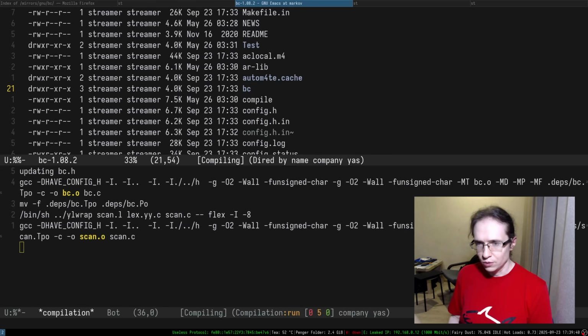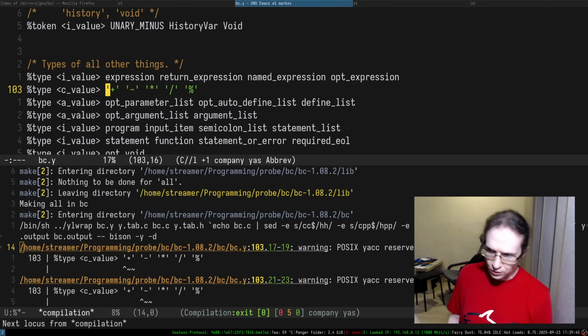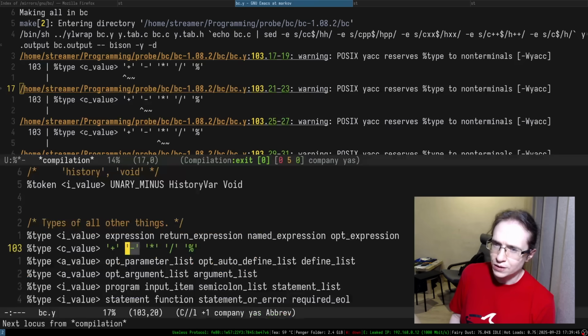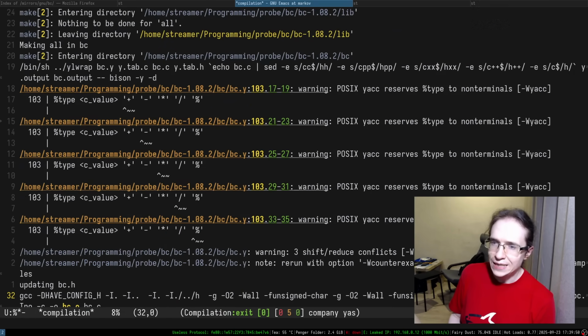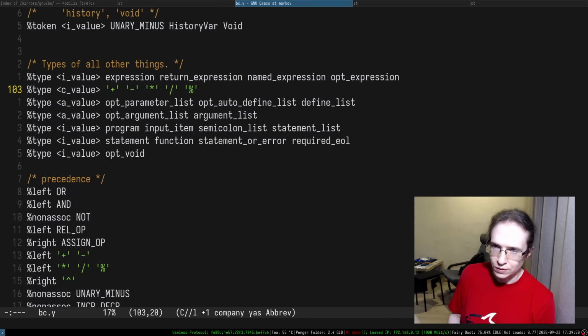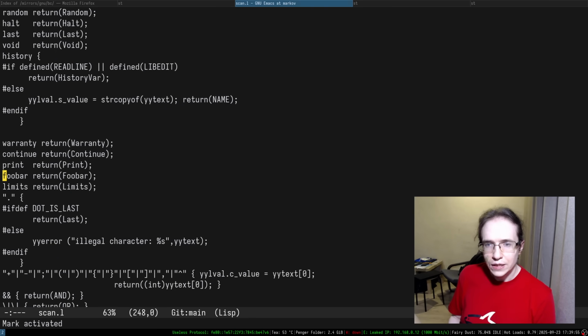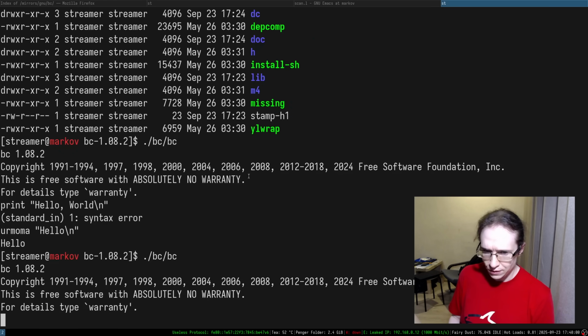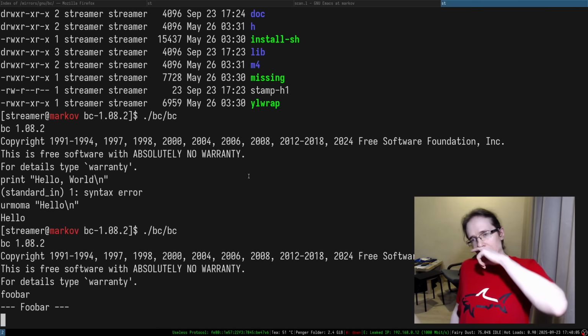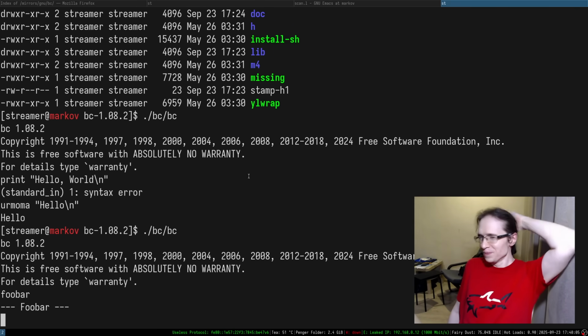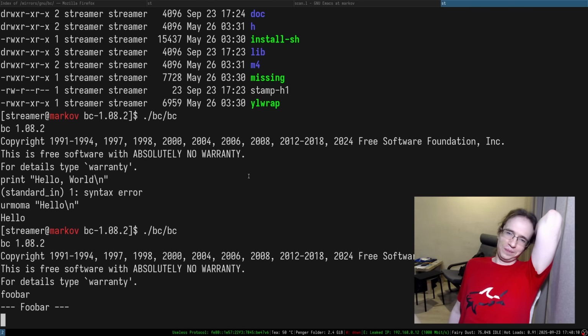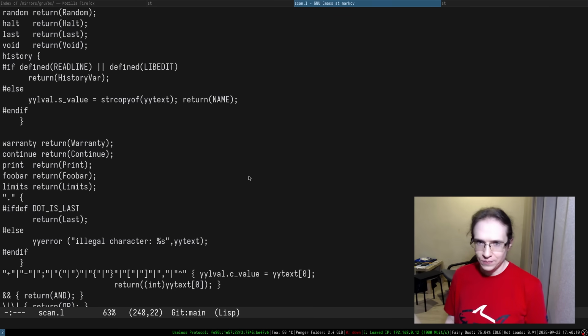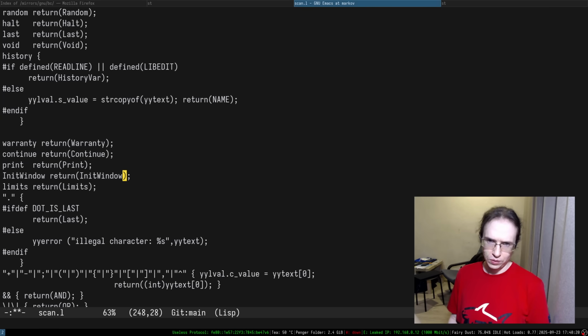Okay, so can I try to rebuild the whole thing? So it complains about some things. So POSIX reserves type for non-terminals. So this is a bunch of warnings, but I don't think they have anything to do with what I'm doing. Okay, so scan L, and this is foobar. All right. So now if I do BC foobar, okay. So yeah, that's cool. So what we can do, can I scan L, init window, all right, so init window,